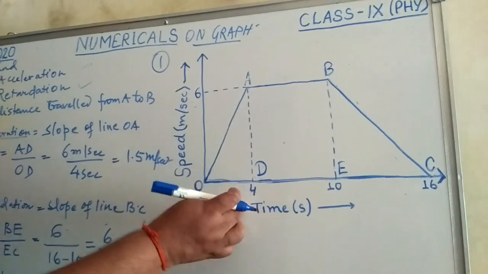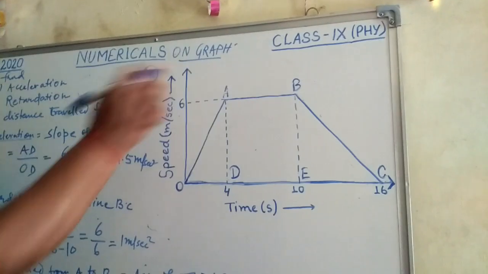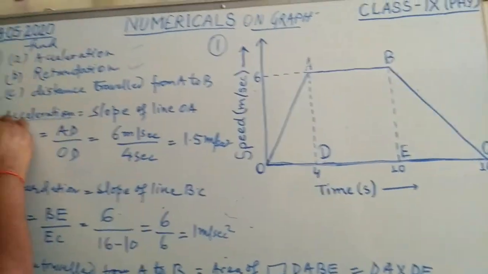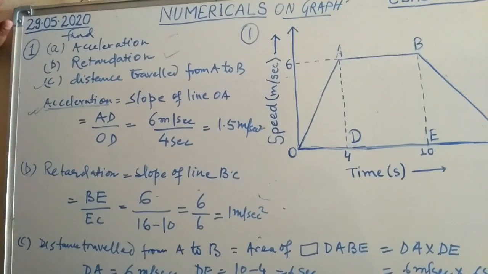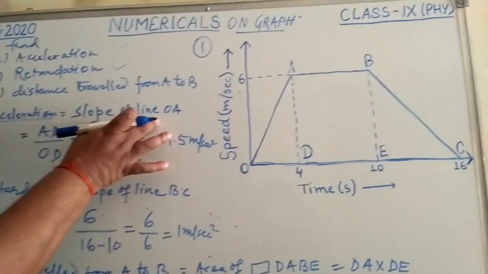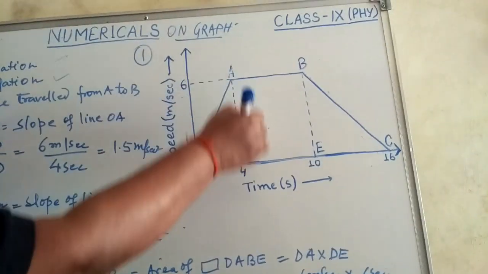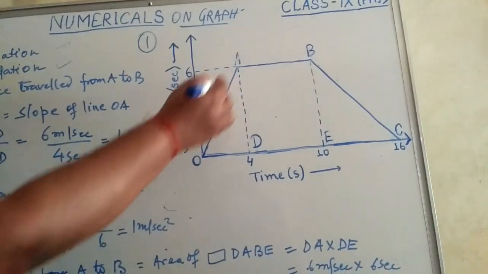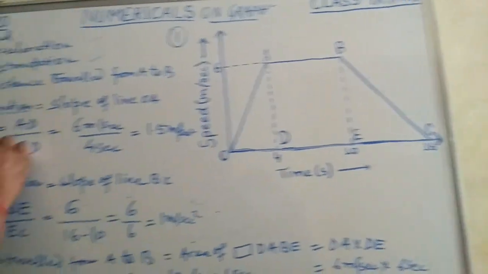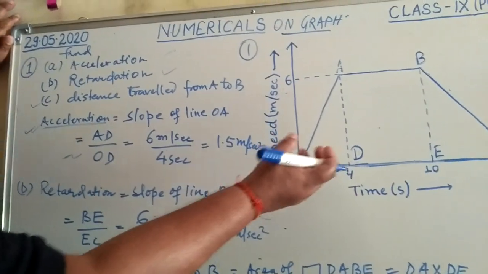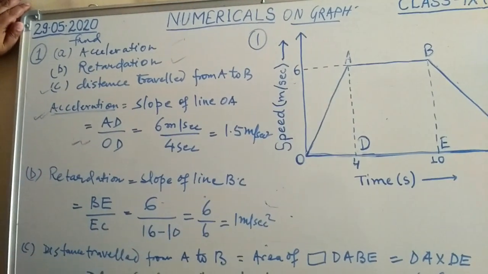In a speed-time graph, this slope is the acceleration, and we also know that the OA slope is equal to AD by OD. So when we take out data from that particular position of the graph,